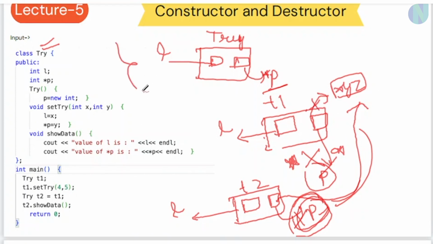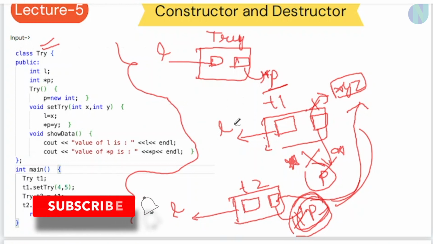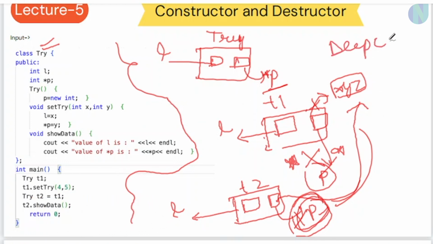So that is the reason we don't use shallow copy whenever we are doing dynamic allocation, or in the general case as well. If we are having any kind of pointers in our code, we should always try to use deep copy. So this was all about shallow copy in this video. We will see how we can encounter and solve this problem of shallow copy using deep copy in the next video.